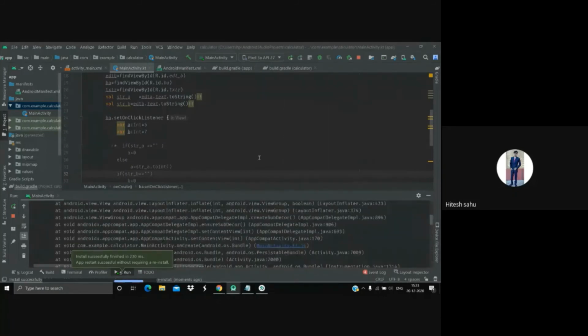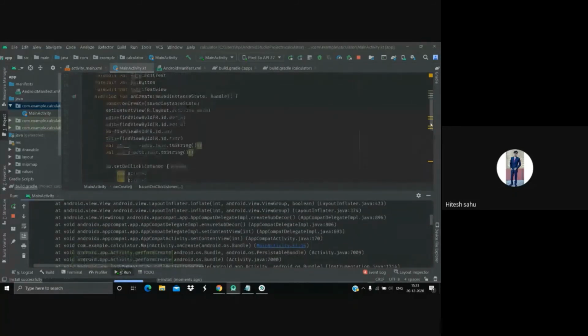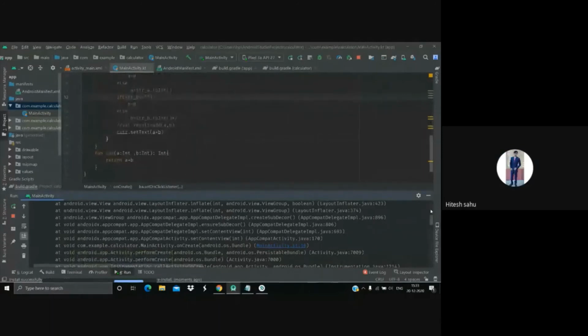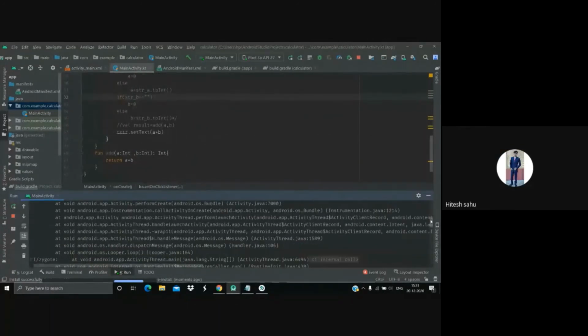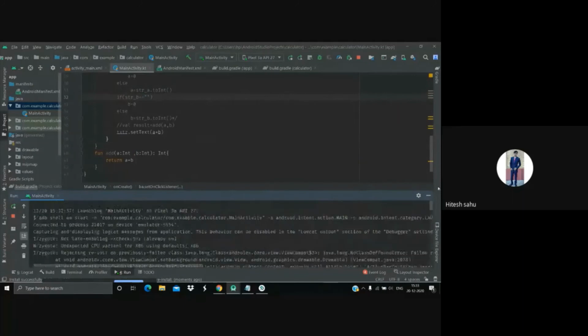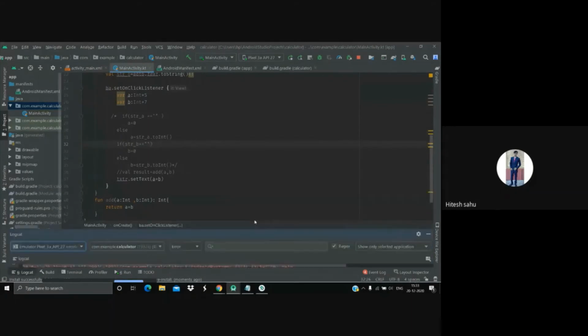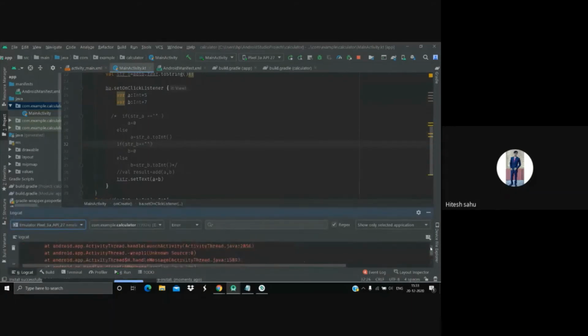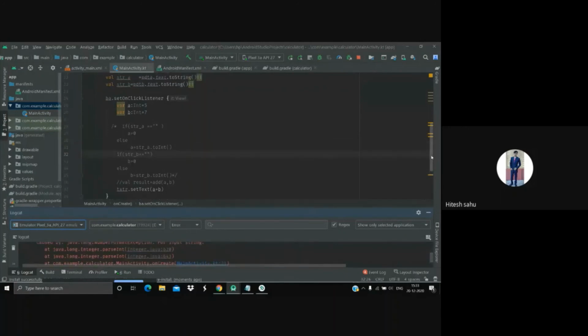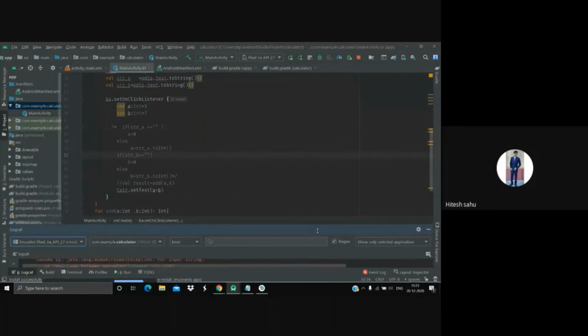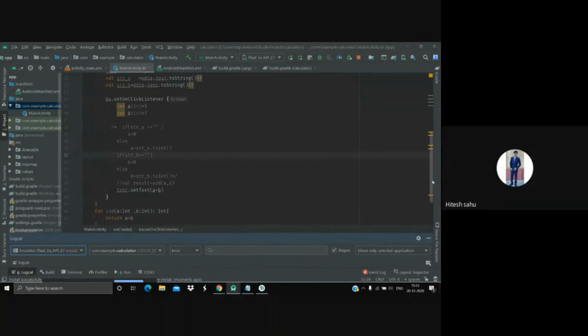Just scroll down a bit. Yeah. So on line number 37, you can see the result text view set text a plus b. So this will just add a and b and show it on the third text view, that result text view. So here we are having some issue with our emulator, so we can't show you today. But in the next class, we will be having a totally hands-on session, so we can show you there.